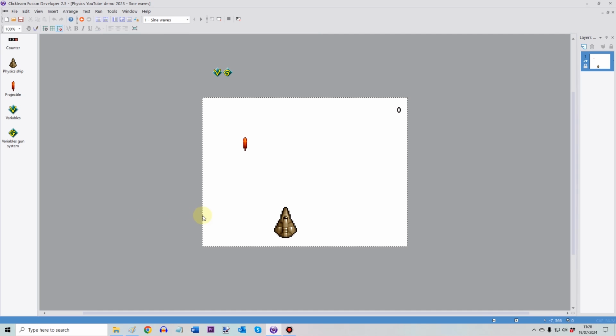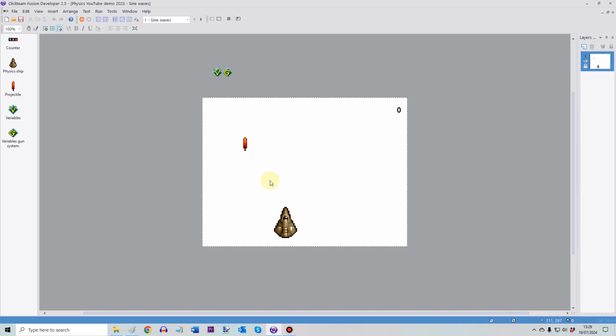Everyone. So I have another tutorial in mind today. I want to show the wonderful power of sine waves. Last time I showed arrays. Sine waves are pretty neat too. Like, I'm not quite as wild about them as I am about arrays, but sine waves are lovely, and we're